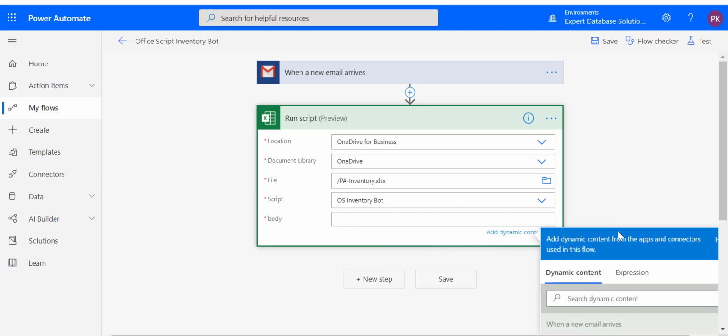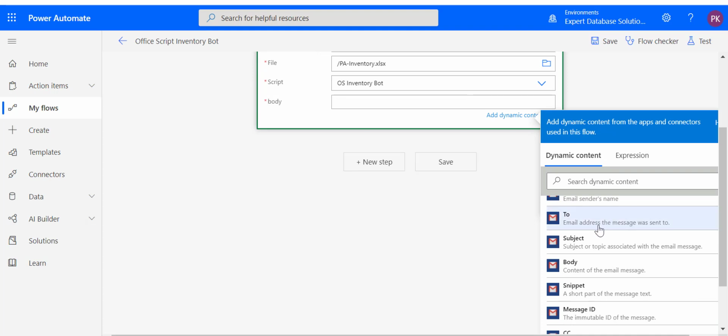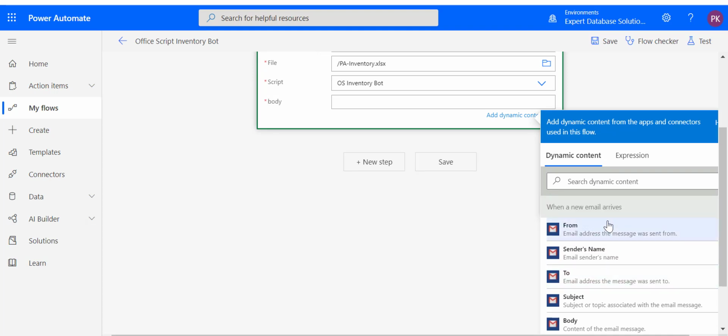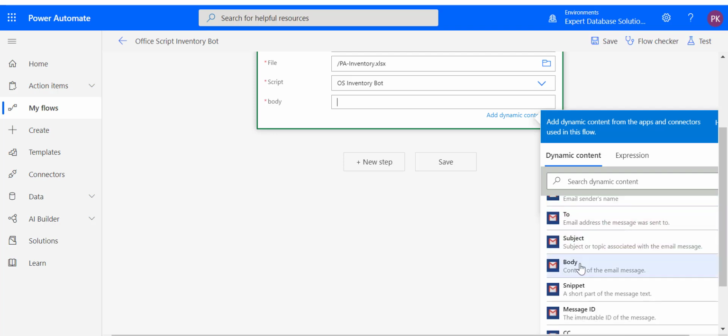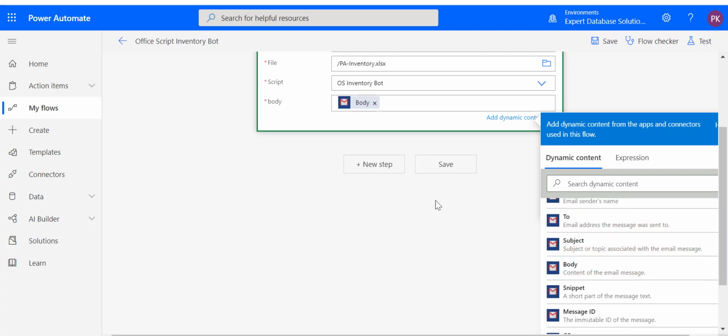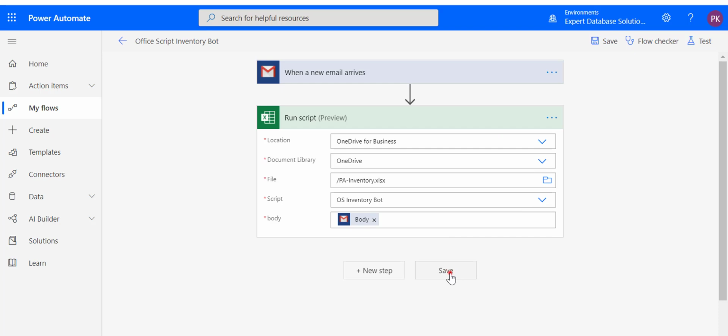So the really powerful part of Power Automate is that we can add parameters from previous steps. So what we do is we select Add Dynamic to do this. So using the dynamic content, we can select any part of the email that we want. And in our case, we're going to select the body as the parameter. Now once everything is done, we save the script, and we can now test the flow at this point to